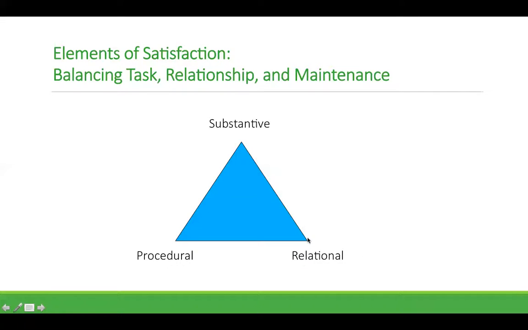And a relational is just that. This is the relationship aspect. This is understanding that you want to minimize conflict as much as possible. You just want to simply have a good time and work well together. Some people, especially those with those relationship building strengths, are going to gravitate to that. And you may be really dissatisfied with the working relationship in a group setting that has really poor relationship issues. You may really not like the people you're working with, or they may just be focused on some of these other areas. And so you are really dissatisfied. And so you may stop going.